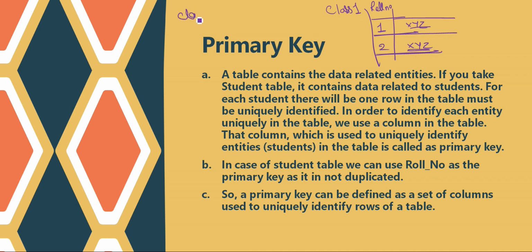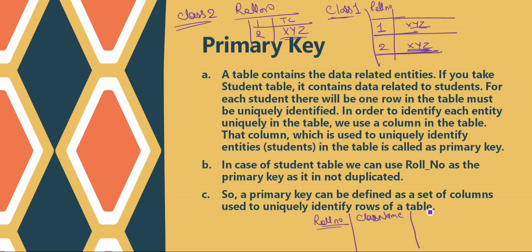Now in class 2, I again have roll numbers starting from roll number 1, and roll number 2 xyz. Different class but with the same student name. So now I'll again get confused about which one is the xyz of class 2 and which of class 1. This kind of situation can arise again. So how do we uniquely identify? Now one roll number is not going to serve our purpose. I need to combine the class name as well, right?